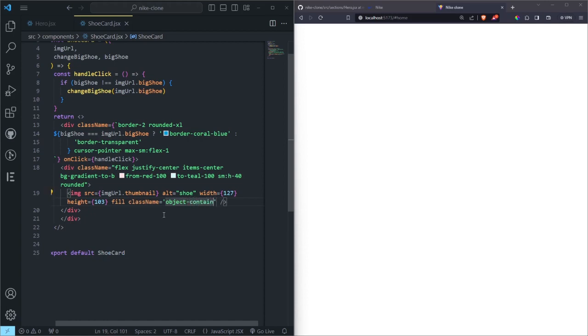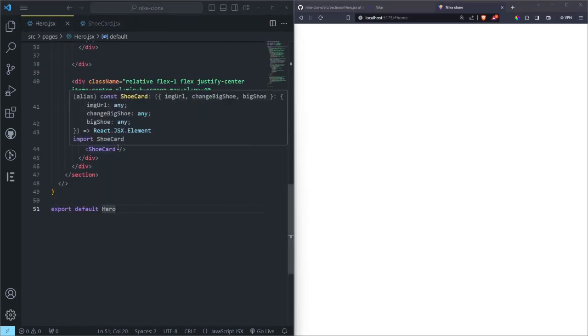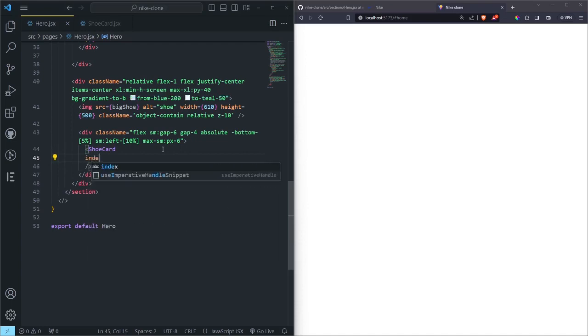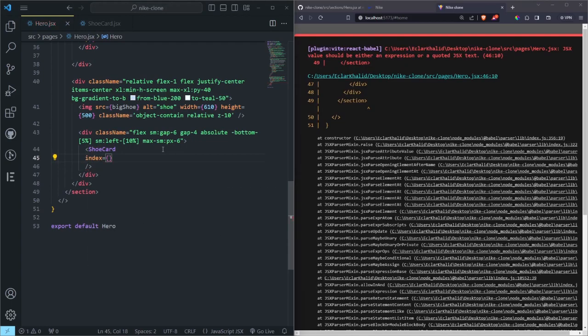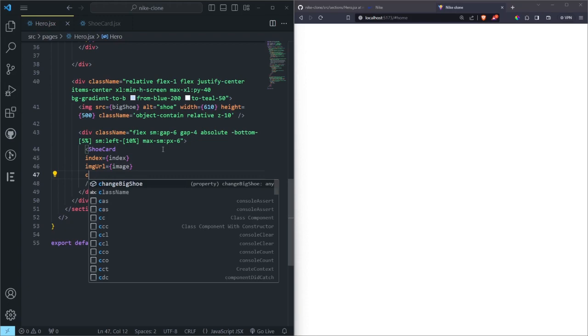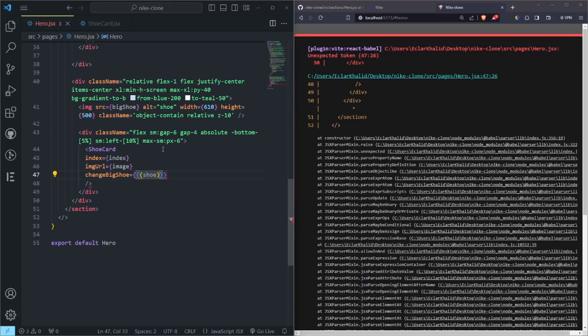But you can see that the app is complaining because we haven't yet defined what the shoe card is receiving. So we are going to come back to the hero section, and inside this hero section, this shoe card, we can add an index. So the index is going to be the index, and then the imgURL is going to be image, and then we want to change the big shoe, is going to be shoe. This is the handle click. We want it to set big shoe image, set big shoe to the shoe,